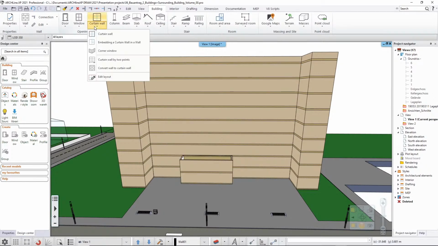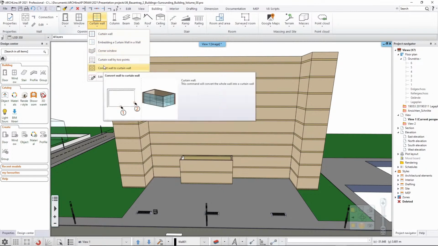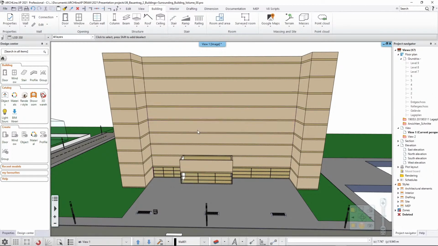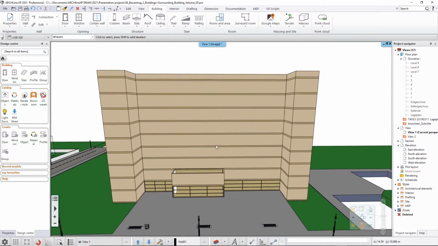And I can also use the curtain wall tool, just as you might remember from previous tutorials, that you can fully convert walls into curtain walls. So you can say that this one here and this one here and this one here should be a curtain wall, and all the rest will be designed individually. But it's a very quick, very easy, very simple tool to generate building surfaces and building